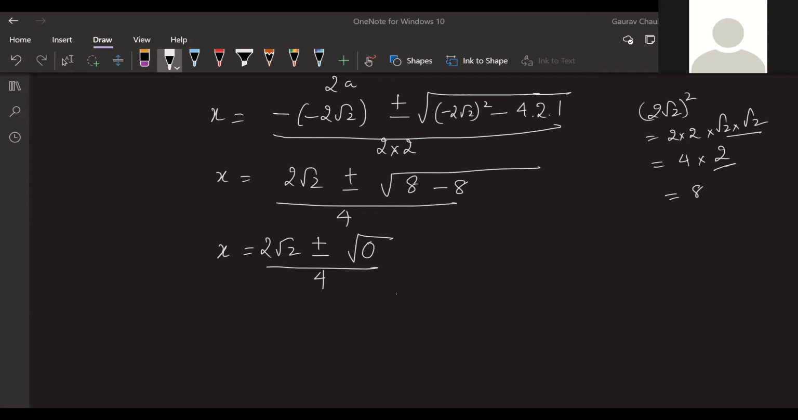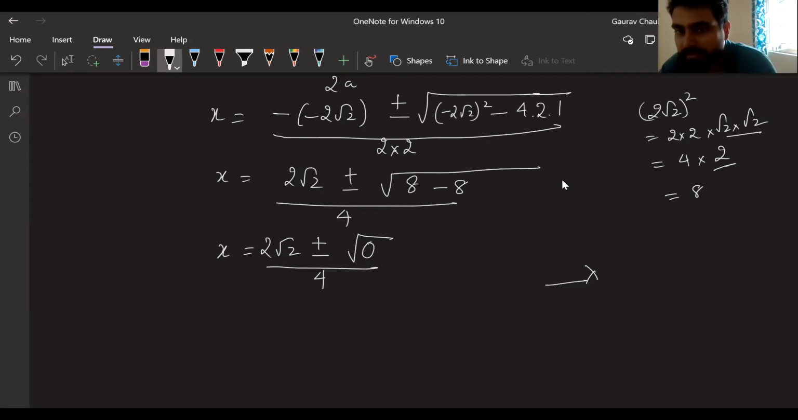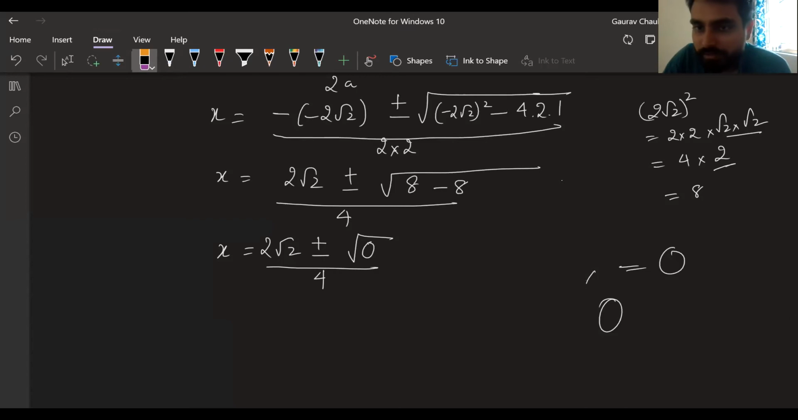Zero, sir. Basically, what number will I multiply with itself to get 0? Only one number. If I multiply it with itself, I'll get 0. That number is 0 only. So I have